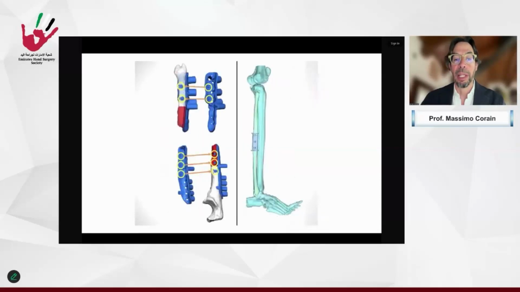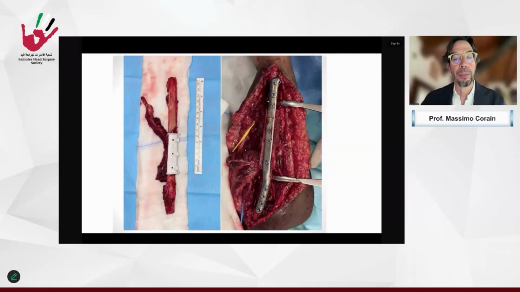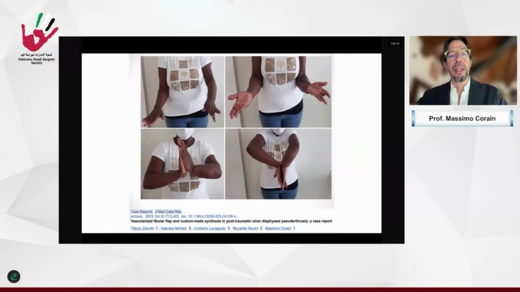This is the template for the fibular graft, and these are intraoperative checks of the plate removal, the cleaning of the soft tissue, the template for the osteotomy, and the final check with the plate and the fibula. And this is the bone healing with a good alignment of the forearm, with a good motion. Obviously, you see the forearm, how small it is, with the scarring of the previous surgery.